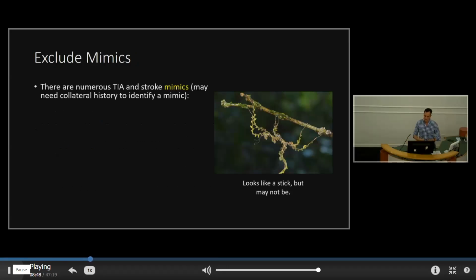Okay, so first thing, exclude a mimic. Now, there are lots of mimics, and obviously someone with a stroke is disabled. They might not be able to give you a great history, so you're going to often need collateral. Quick call to a family member, or hopefully there's a family member there. That's a little stick insect, obviously. Okay, now these are the two main mimics, in my opinion. From experience, these are the two that I think are the most common and difficult.